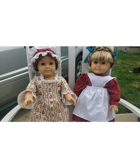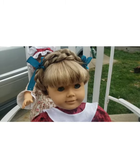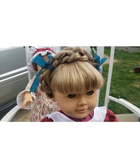And this Kirsten was owned by one person. It was her daughter's doll, bought new in box, and the daughter had it since the 90s. So I was like, I know this is Kirsten. This is one doll that can be traced back, which is pretty cool because most of these dolls, a lot of them came from auction houses,